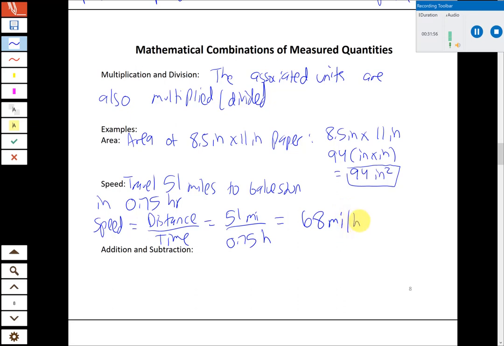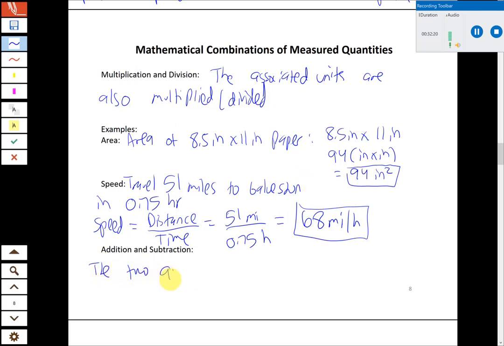All right, so it's going to be miles per hour, and so again, the two units are just divided as well. So we're going to be doing a lot of this in this course of taking measured quantities and multiplying and dividing them. It is important to recognize that the units are going to be also multiplied and divided in the same way. Now, as I already sort of mentioned on the previous slide, when we do addition and subtraction,